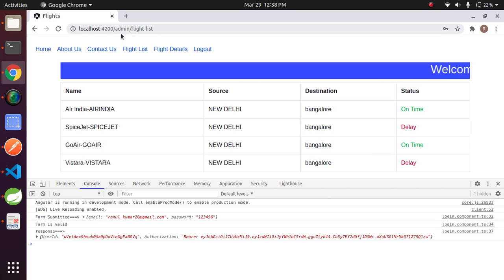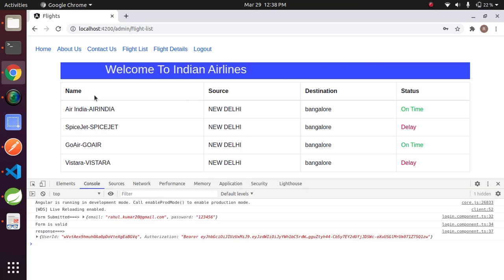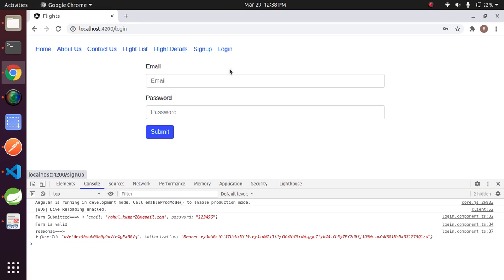After the submit, we moved to the admin flight list, whatever we have given. If you look here also, response is success, and in session storage it's also fine. Click on the logout, we moved to the login again. This means our login and logout working fine.